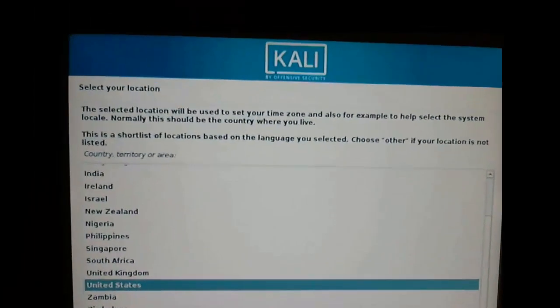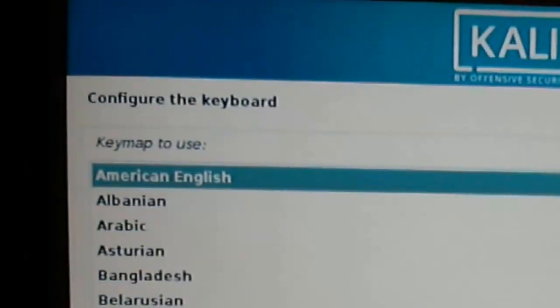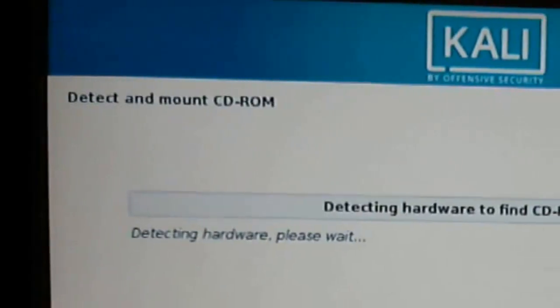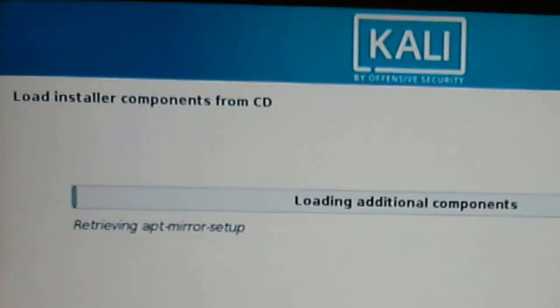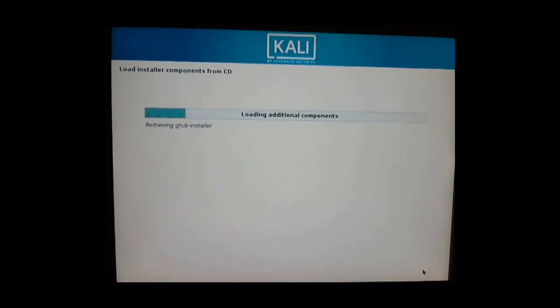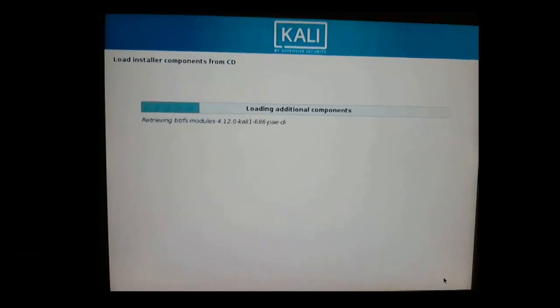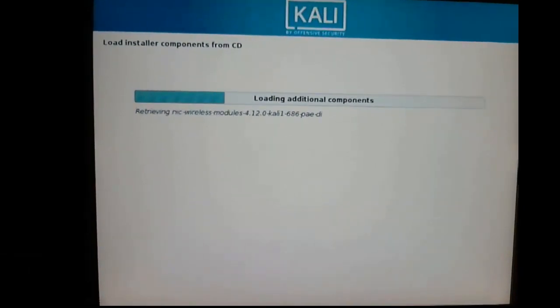Click Continue. Select your location. Configure the keyboard. American English. Click Continue. If you want a faster installation, you must choose to install from USB flash drive.